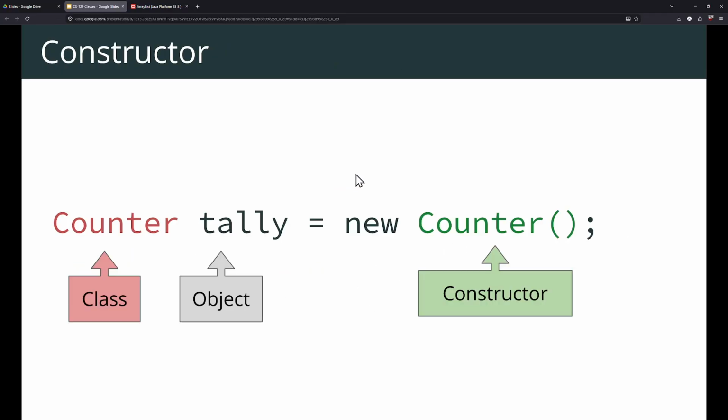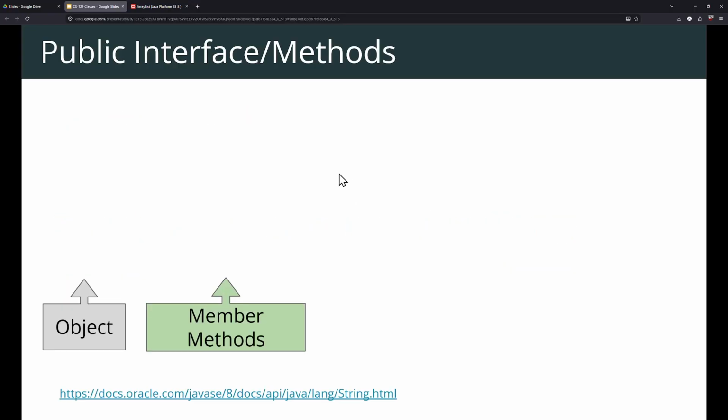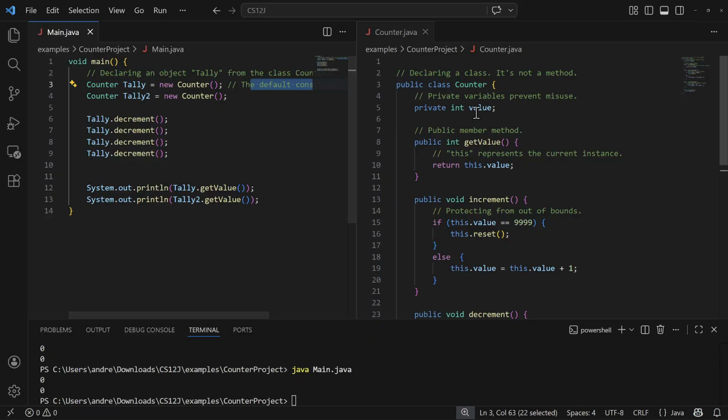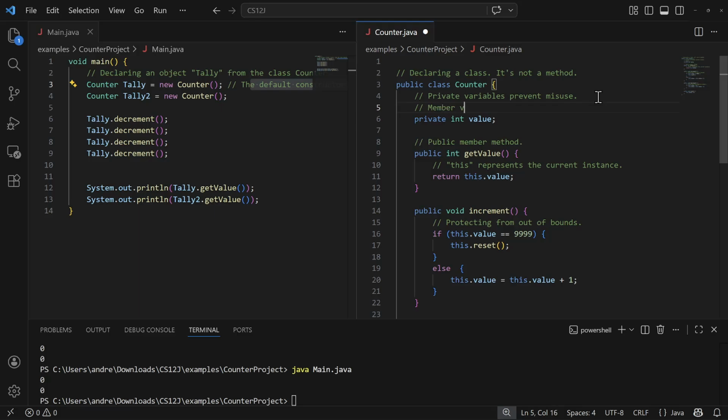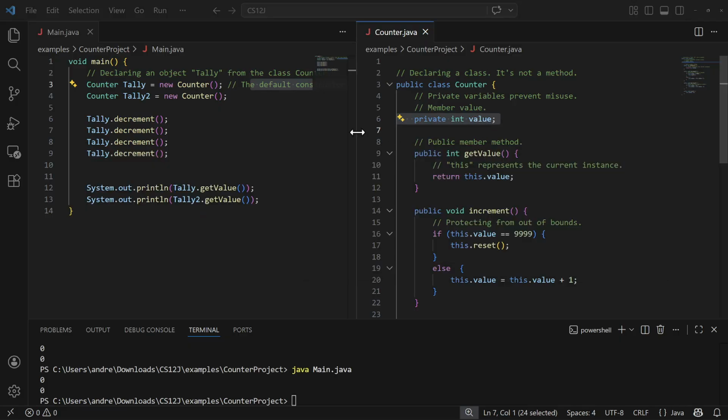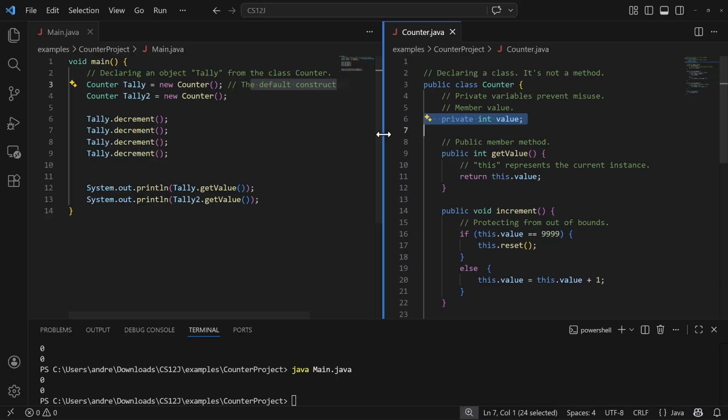Okay. Let's see. We should talk about the constructor real quick. So this is a method that initializes member values. Member values describe what the object is. Currently, we only have one member value. Let me comment it: member value. Currently, we only have one, but sometimes it might be necessary to create a constructor, like